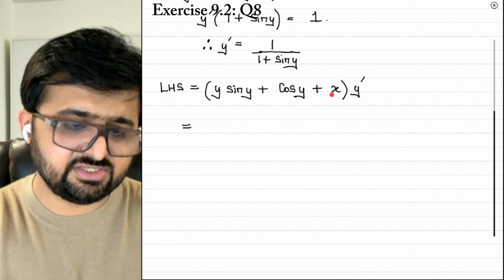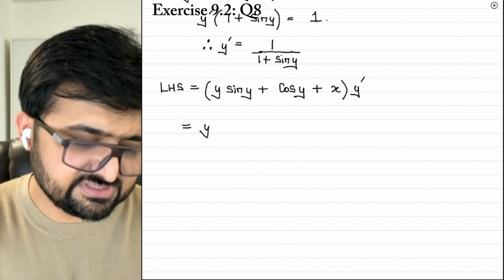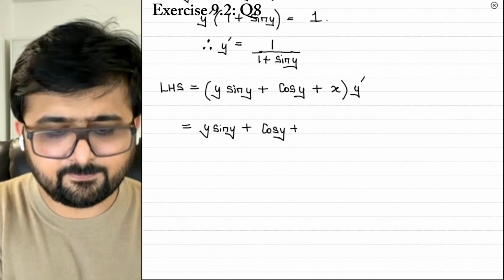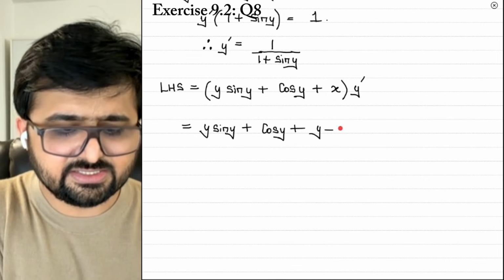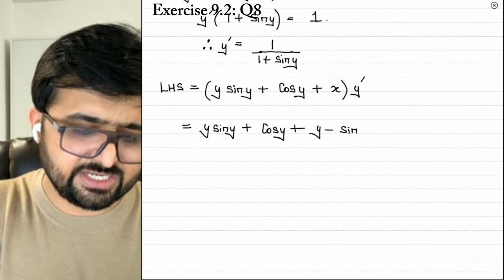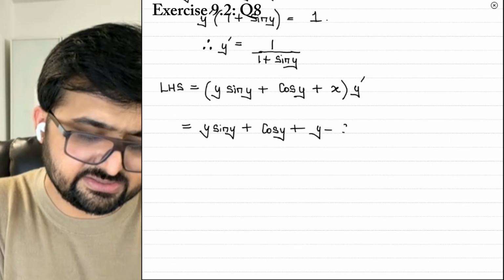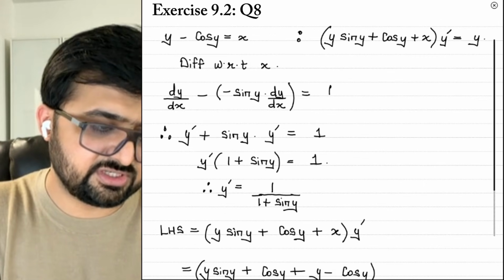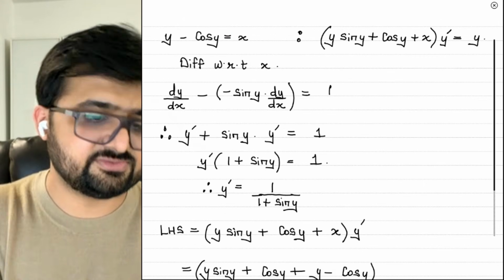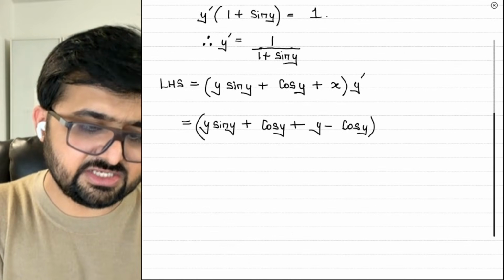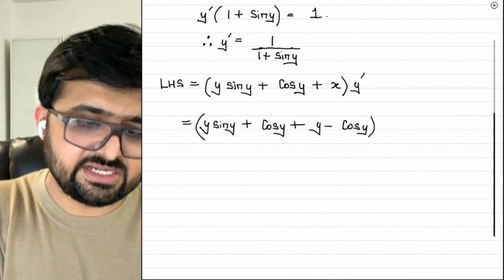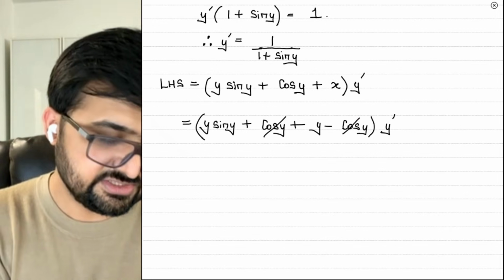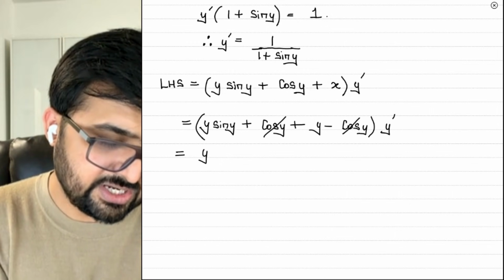So the first thing in order to eliminate x from here is I will say y sine y plus cos y plus x can be written as y minus cos y. That was your value of x from your given equation, y minus cos y, times y dash. Immediately you can see that cos y and cos y can get cancelled. So you are left with y sine y